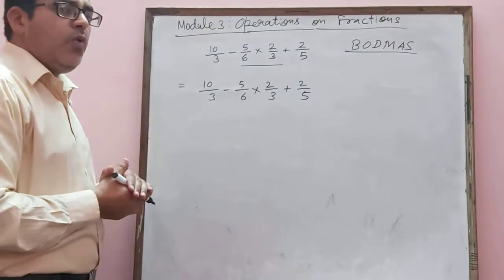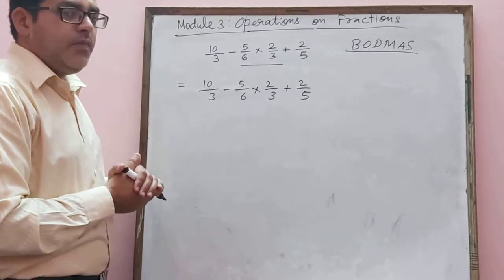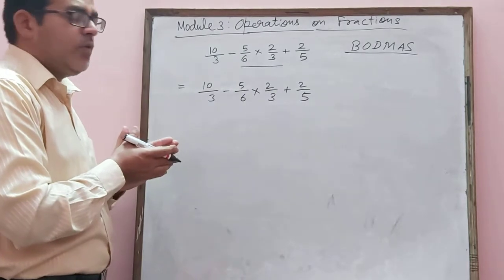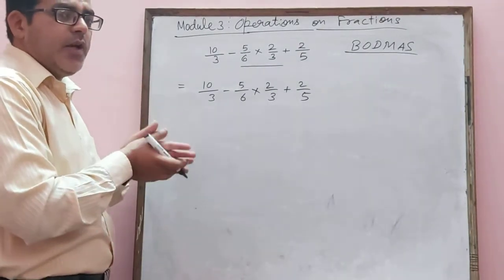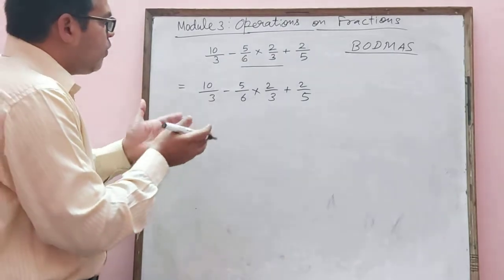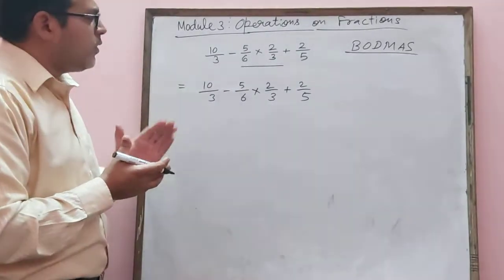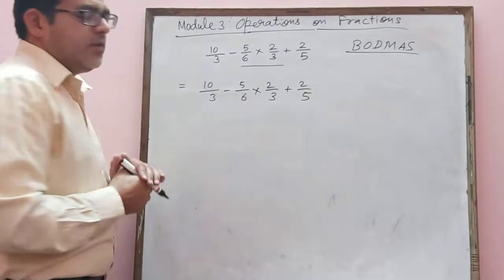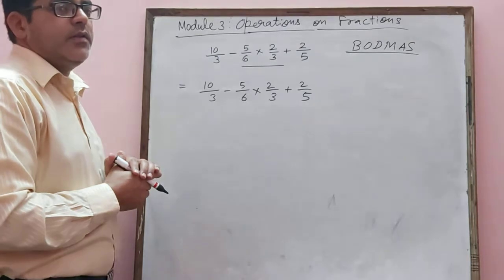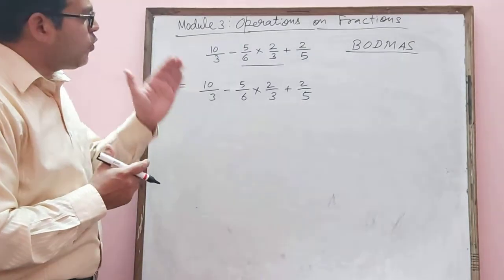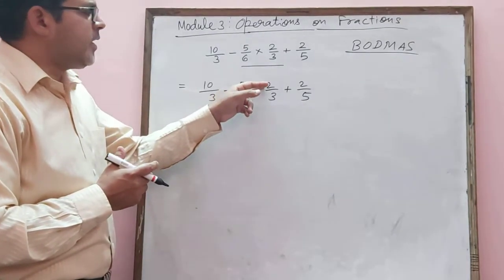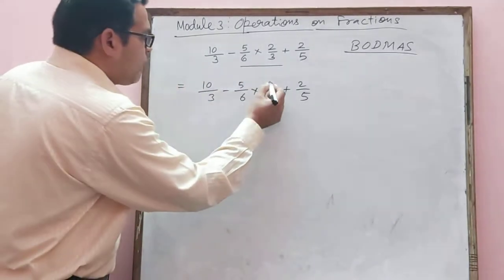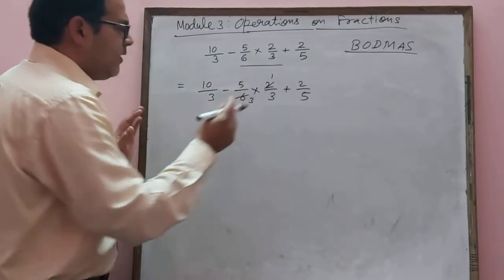there is no need to take the LCM in multiplication. Once again I am reminding you, no need to make their denominators the same. We can just multiply numerators with numerators and denominators with denominators. Before multiplying we can minimize it also. You can see here this 2 and 6, 2 is common between them. It means 2 comes in the table of 2, and 6 also comes in the table of 2. So by 2 we can cut this 6, 3 times.